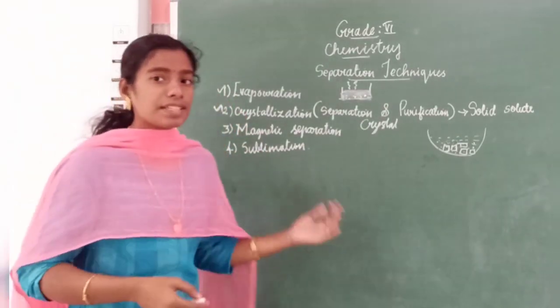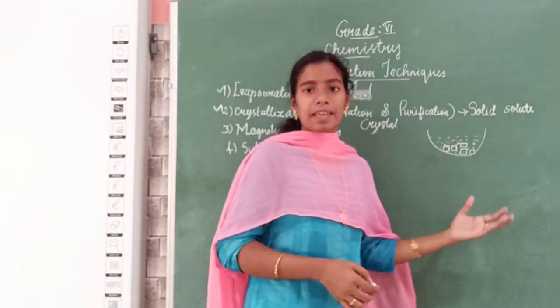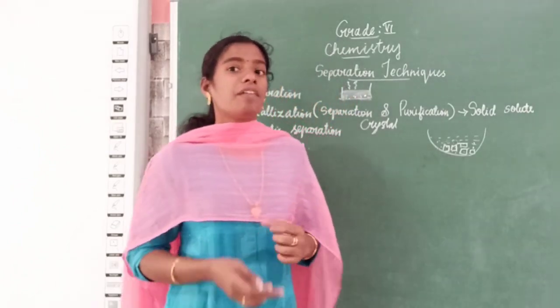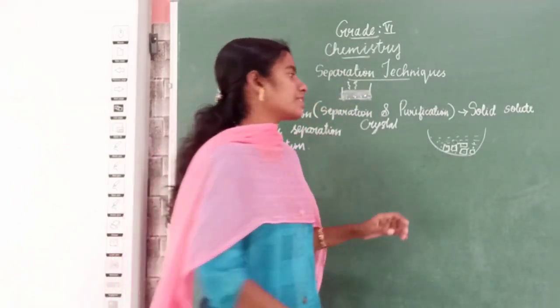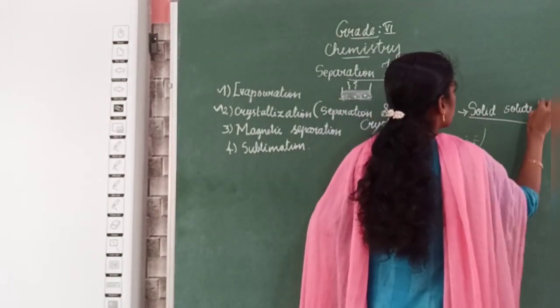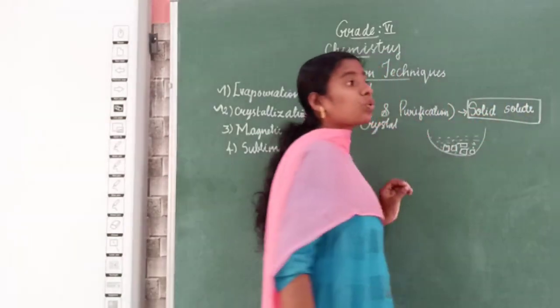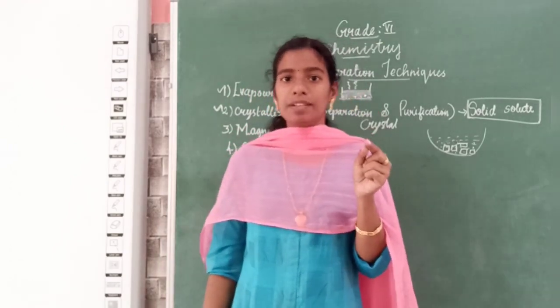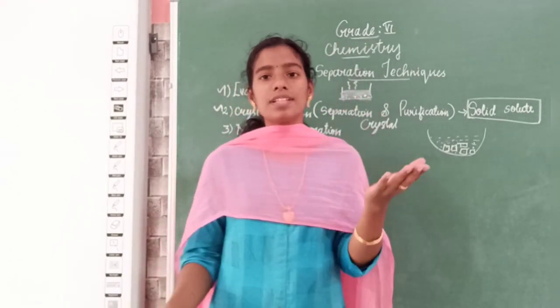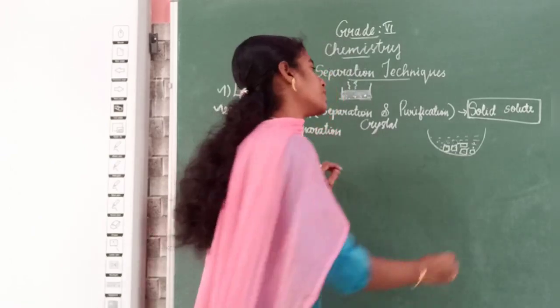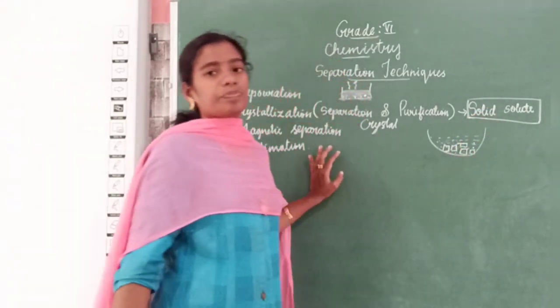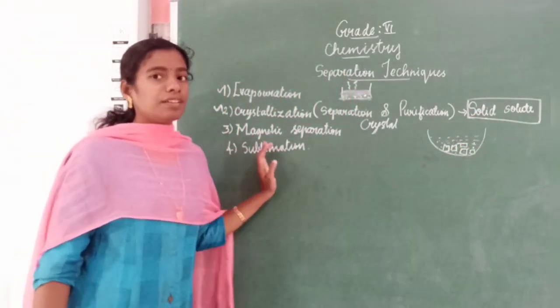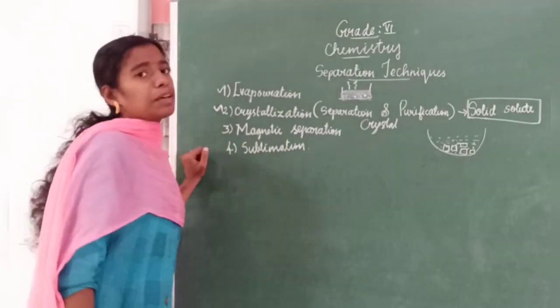That is called crystallization. Crystals can be formed by applying heat. A condition is that you have to use a solid solute. Sugar is a solid solute, right? Sugar is a solid, and when you put it in water, it dissolves. So that should be a solid solute. Understood about crystallization? Come to the next one.